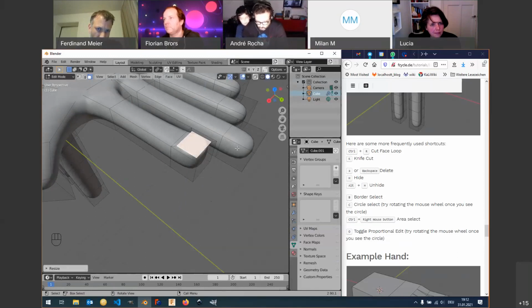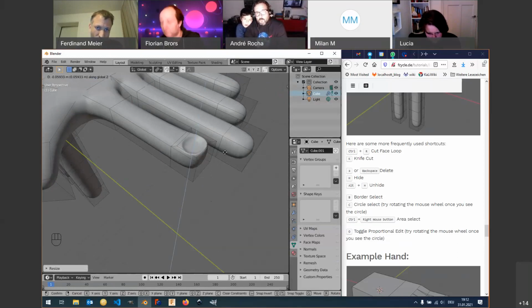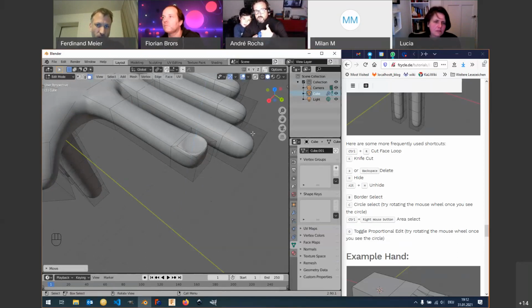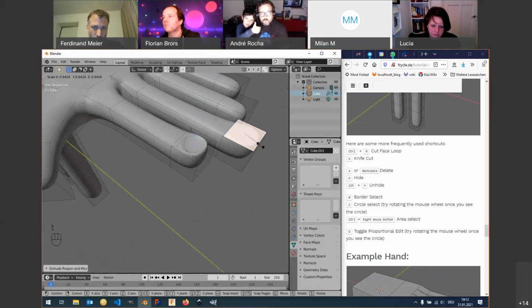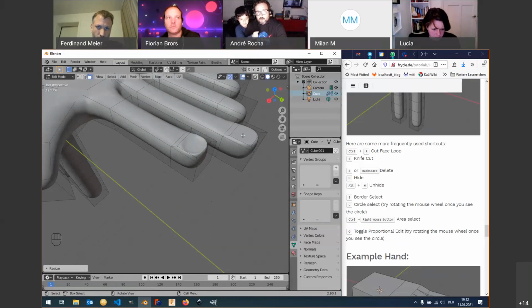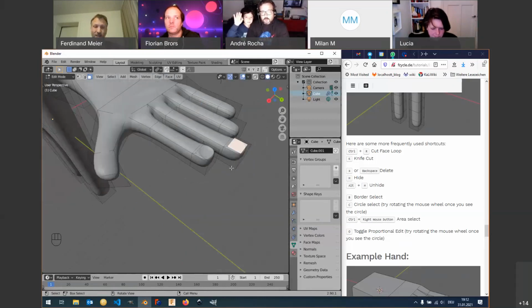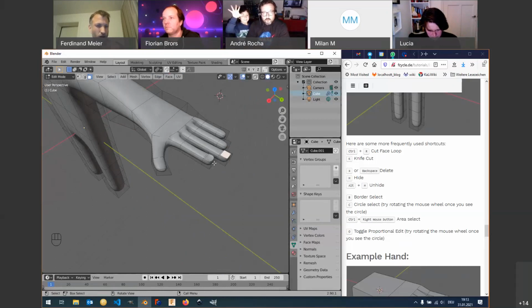Maybe I make another extrude and scale it down and move this one up a little bit. Well, but this is up to you. I just wanted to show you that there's ways of refining the geometry just by making extrudes and scales and so on. And I think I will leave it at this point because I feel that this is already a lot. And if you want to end up with a good-looking hand, you're gonna curse a lot. So yeah, maybe let's just leave it at this point for the hand,